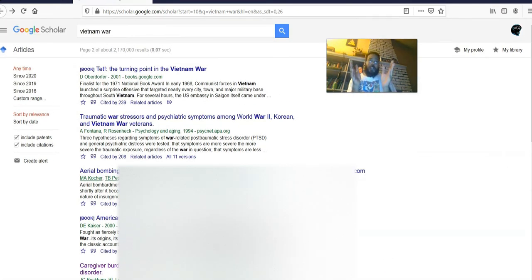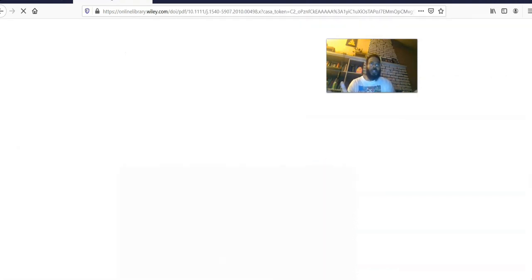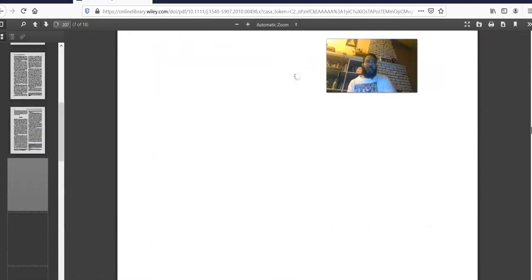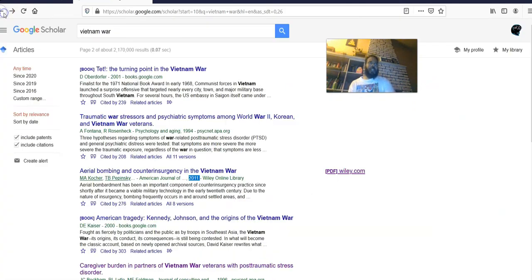However, here's what I want to show you all. When you are using Google Scholar, a lot of times there are open access journals and information that you can link up to, and you do not have to be affiliated with a library at all. For instance, if you see a link over here, like for this article from 2011, then that means you have open access to it. This is an open library article. You do not need to be affiliated with a library to pull this up. I clicked on this link, and I had the full text access right there. So I'm sitting pretty with an article like this.